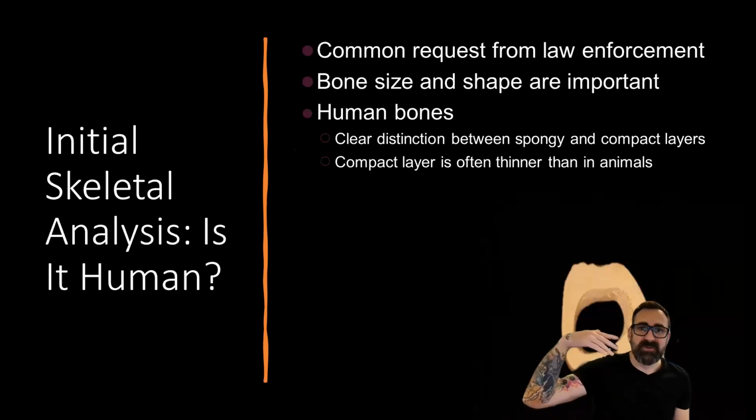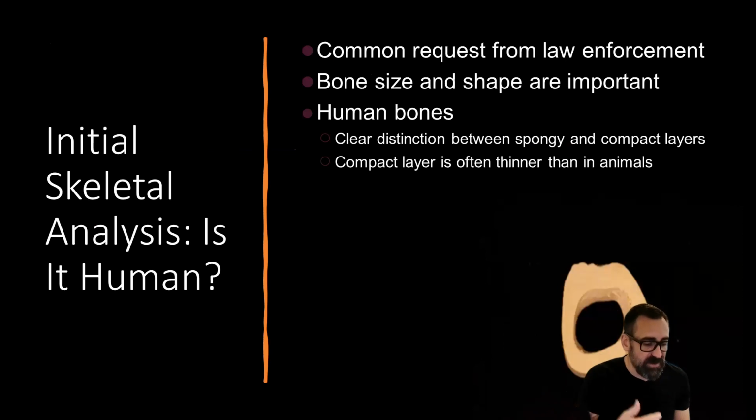Now you have to figure out if it's human, right? If you find remains and it's deer or it's a dog or whatever, this is not of interest in a legal circumstance. And so you want to figure out if the remains you're looking at are human. So bone size and shape are important. Forensic anthropologists are well skilled at analyzing bones and telling them apart. Of course, we can run genetics if we need to, but most of the time that's totally not necessary. I'm not a forensic anthropologist, but forensic anthropologists are trained specifically in the identification of human bones.